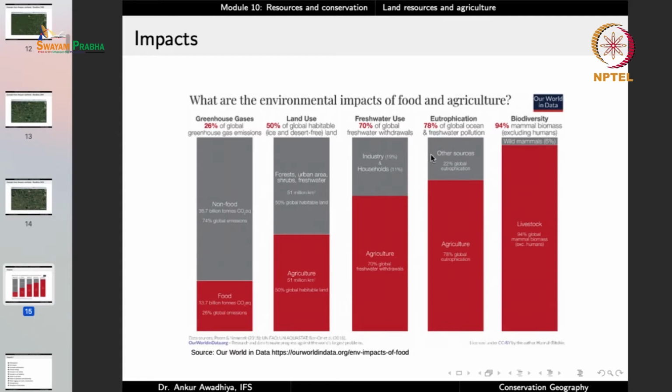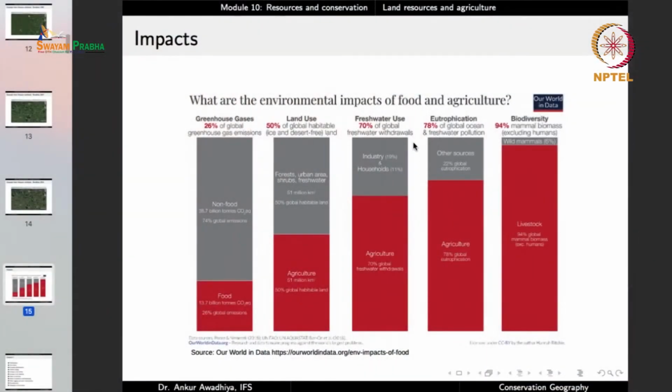If you look at eutrophication, that is the movement of fertilizers and other nutrients into water bodies, leading to very large growth of plants and algal bloom, and with the result of creation of anoxic conditions when these plants and algae die, and wiping out of all the life in that water body. So that is eutrophication. And if you look at the causes of eutrophication, 78% of eutrophication and other pollution is happening because of